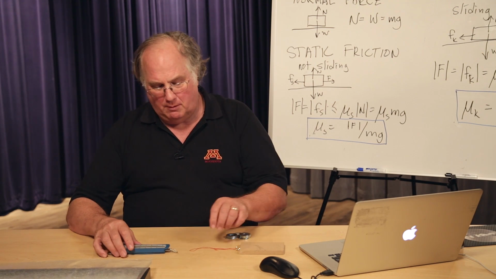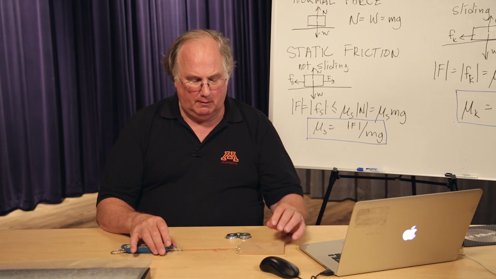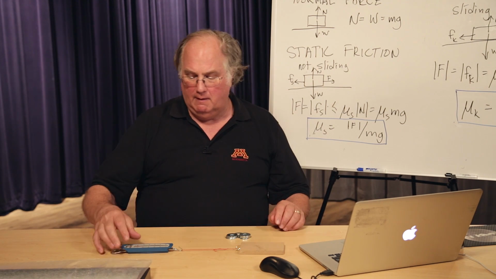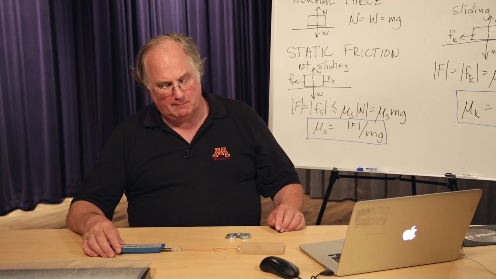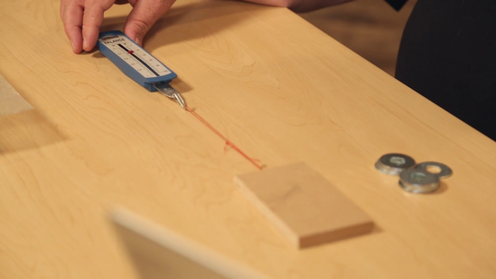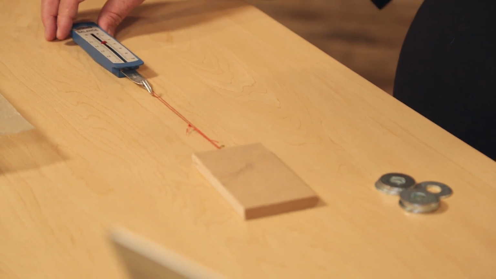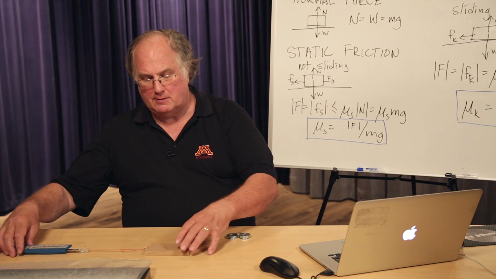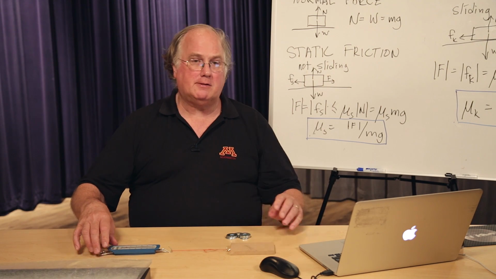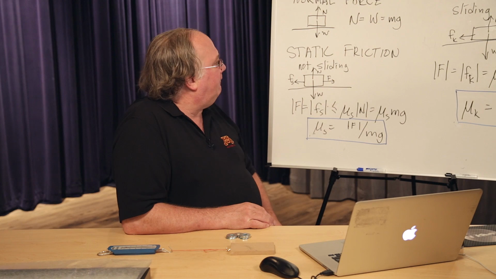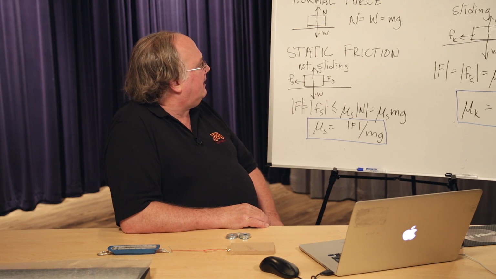In this lab, what we do is take a piece of thread, put it on the hook of the newtonometer, put the other end of the thread around the hook on the little sled, and we measure friction by dragging the sled around and measuring the force it takes to keep the sled moving at a constant speed or just not moving at all. All right, back to the physics for what we're going to be doing next.